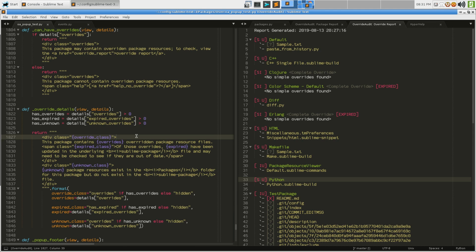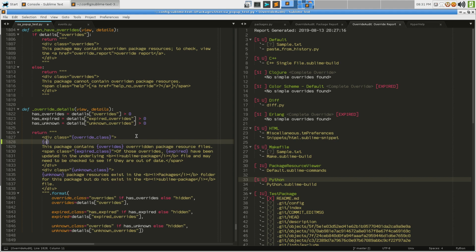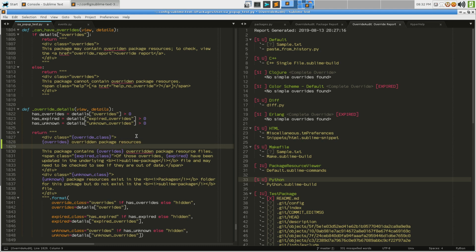So we used to say, okay, this package may contain overrides. To check, view the override report. This package cannot contain overridden package resources. Now here we want to say this package contains, well, we might say overrides, is that spelled right? No. Is there even a way to spell that? I guess there is. Package resources, and then we might say